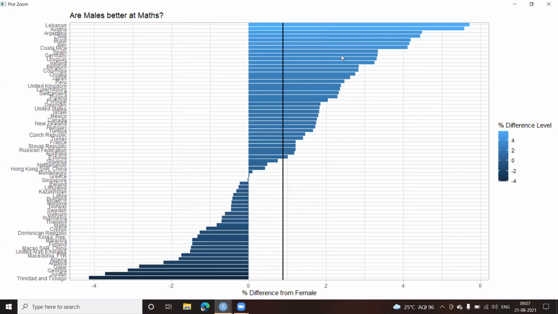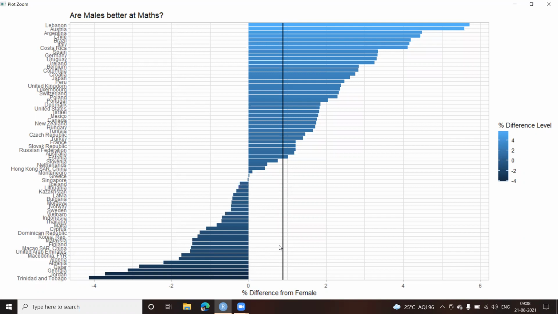So we had plotted this graph for whether males are better at maths. And if you look at this, this is the line, the mean which we had drawn. If you look at the function also, we had put a black line for mean. And while calculating the mean, we had mentioned the size and the color of the line as well. The insight which we could find from this graph was that males are performing better in maths compared to the females.